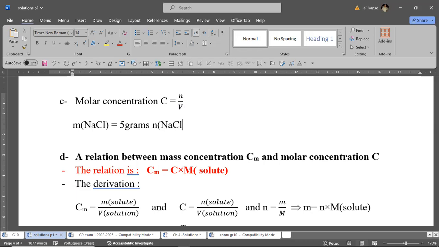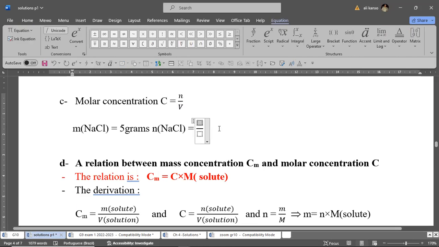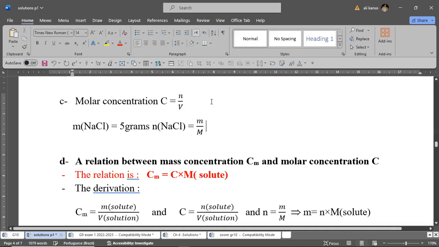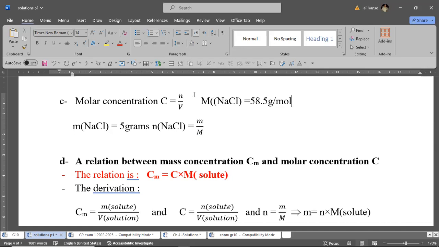It should be equal to mass over molar mass. If you still remember, mass over molar mass. But you don't have the molar mass. We go and find the molar mass of NaCl. It should be given. If it is given 58.5 gram per mole, we can write equal to